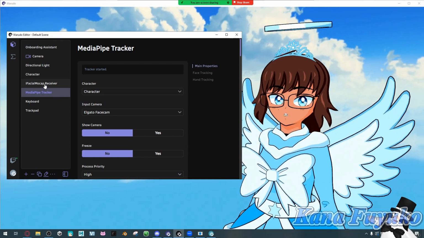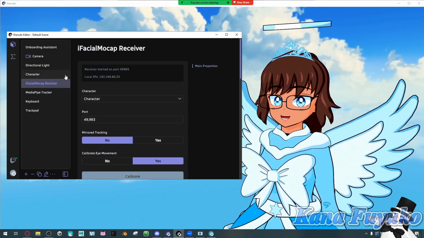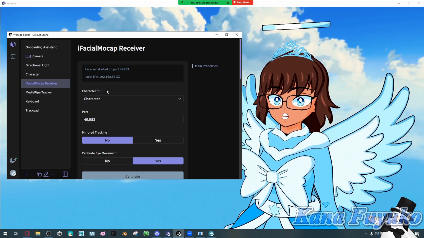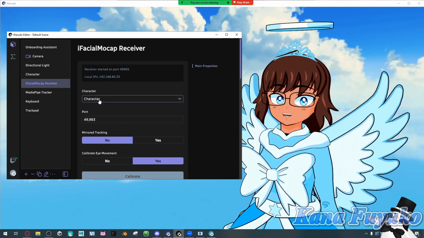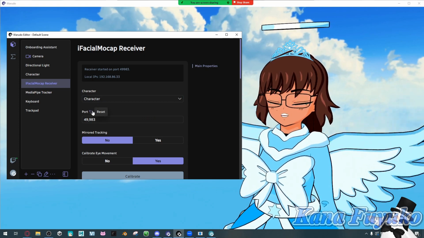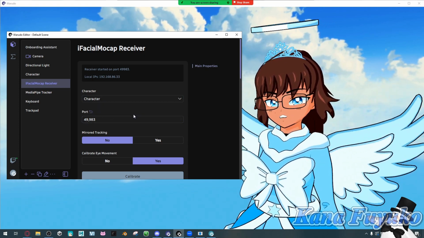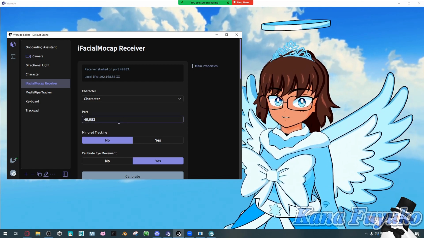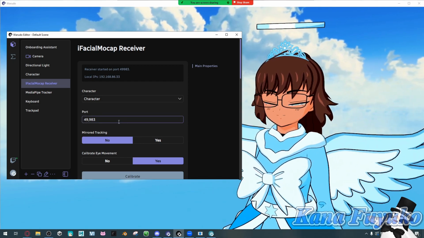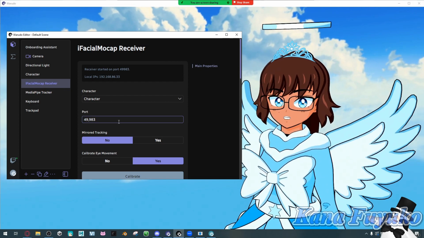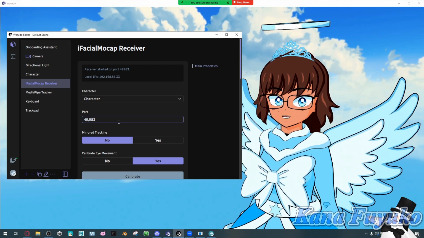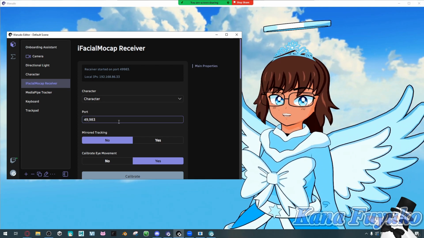But either way though, for iFacialMocap, if by any chance you are struggling on getting the connection working, there are, I guess, sort of two things you can do. Method number one, check your firewall. You can just go into your firewall settings, try to see if you can check your outbound or inbound rules, and try to see if you can have Warudo